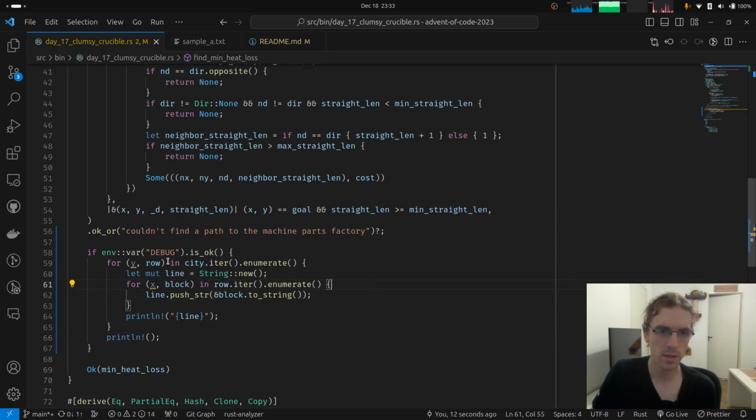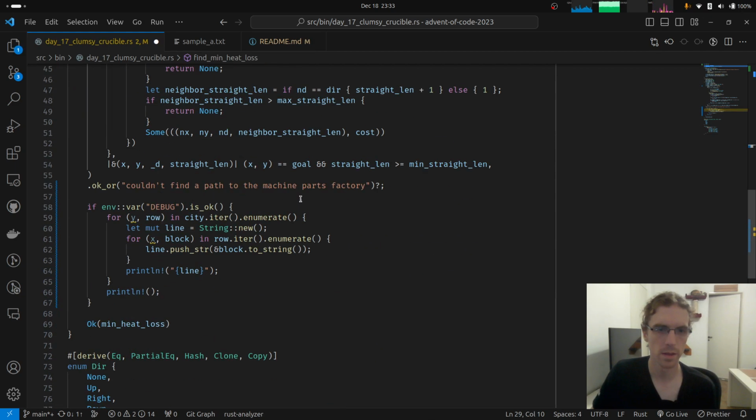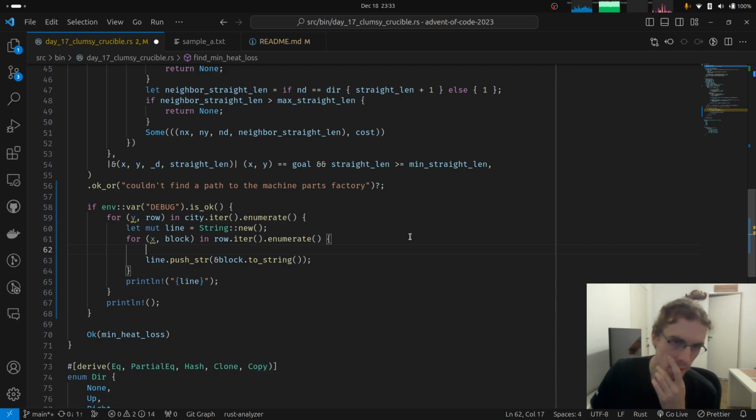We can also print the path. So I'm going to use this variable, and here for each x, y, we could ask if the path contains these x, y coordinates. Algorithmically, this is not very pretty, but this is just when you're calling this with a debug environment variable, so I don't care.